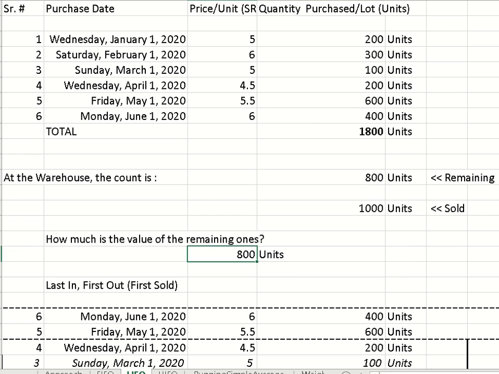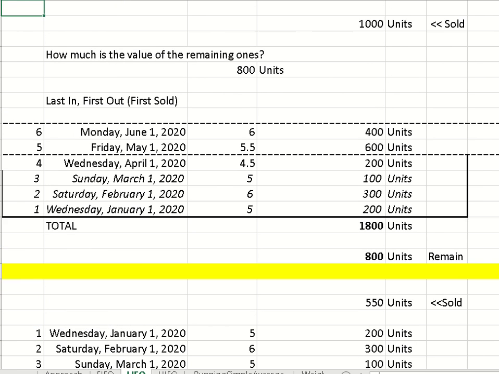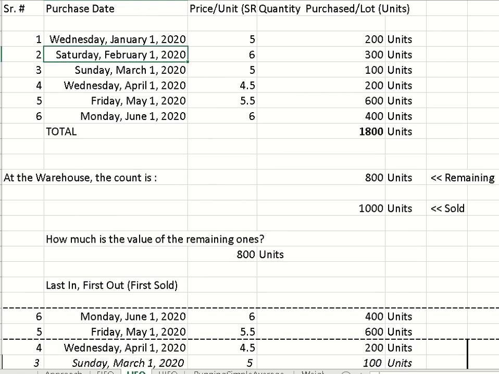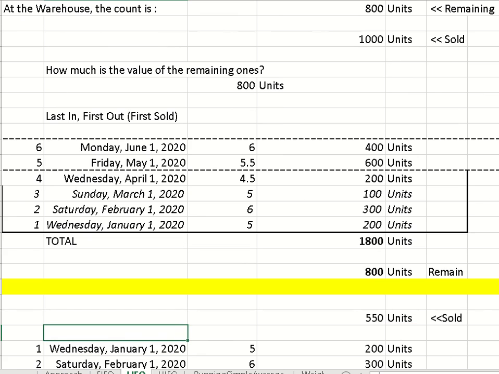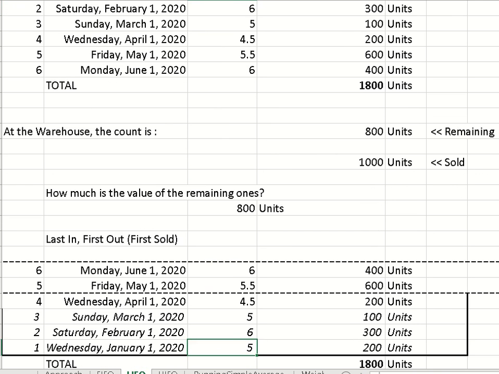How much is the value of 800 units? So first we have to sort the data from Wednesday, January 1. Look here, it becomes now June, May, April, March, February, and then here we go 5, 6, 5, 4.5, and 6. We reverse, and this one also we reverse,